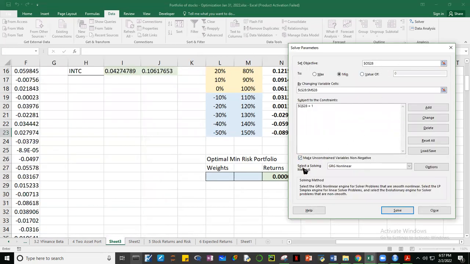Dito sa dulo, nakalagay dito, make unconstrained variables non-negative. Naka-default na siya, naka-click yan. Ibig sabihin nun, yung mga weights natin should be not negative. Okay? Yung mga negative natin, wala na dito yan, ano? So, not negative siya. And then, the method,